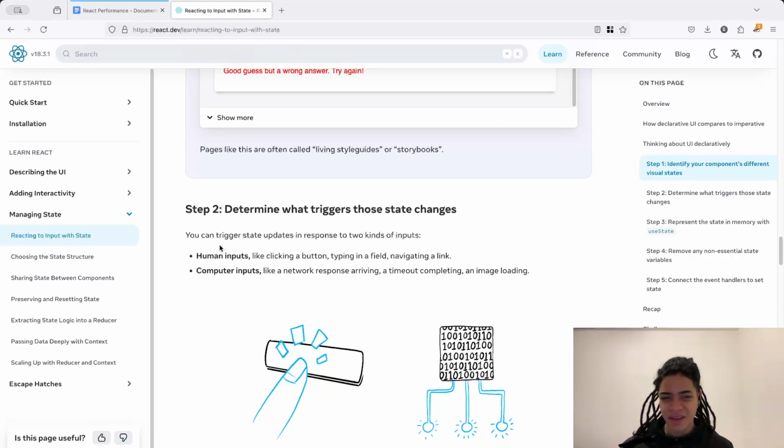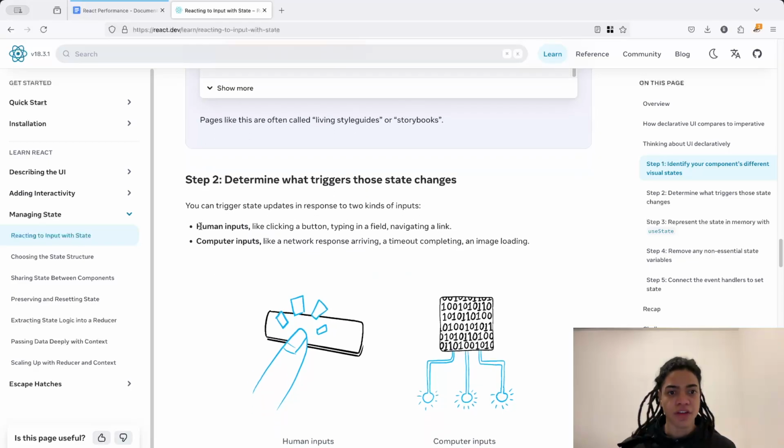But again, the idea here is that you want rapid prototyping. It's not necessarily about being perfect, it's about doing quick iterations. Step 2, determine what triggered those state changes. Exactly. So first, identify your different visual UI states. Step 2, determine what triggers those state changes, whether it's human inputs or computer inputs,